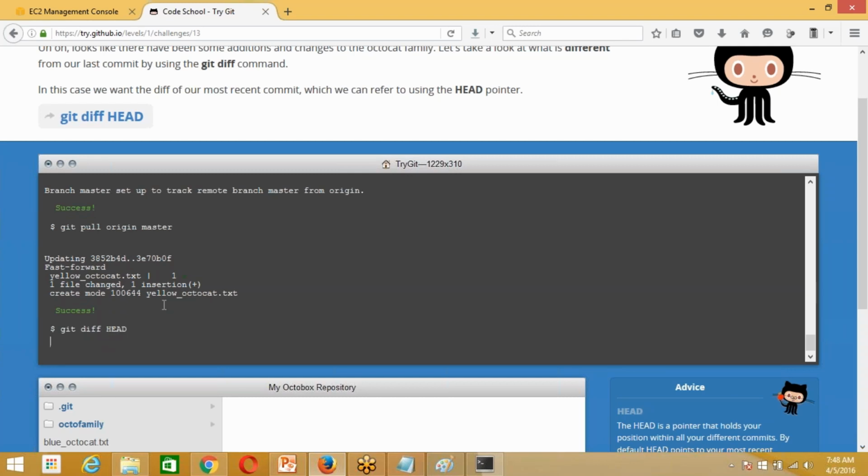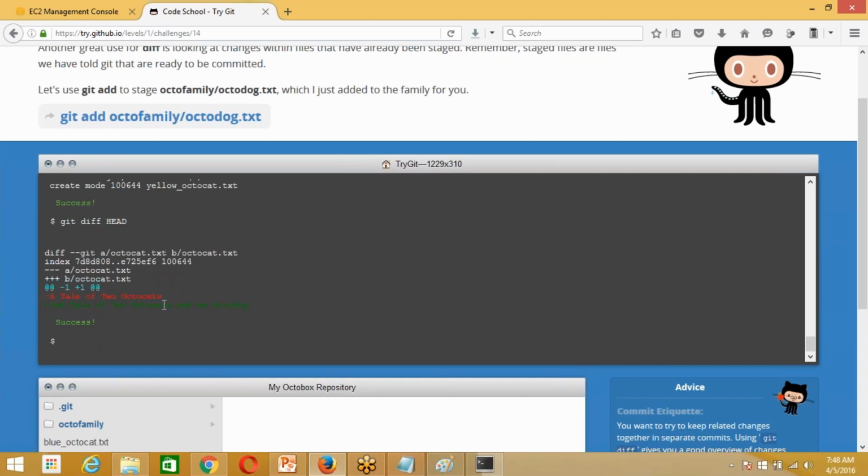So we are talking about the head. Head is showing the last update. This was the last update that happened. You can see the last committed file.